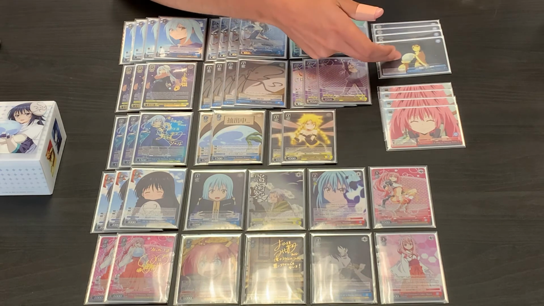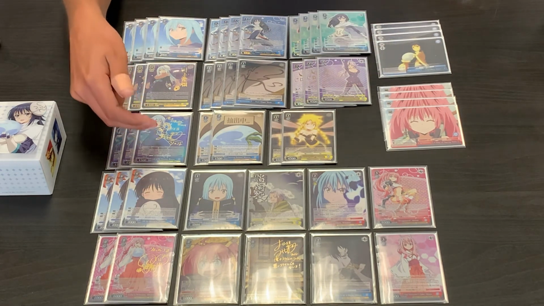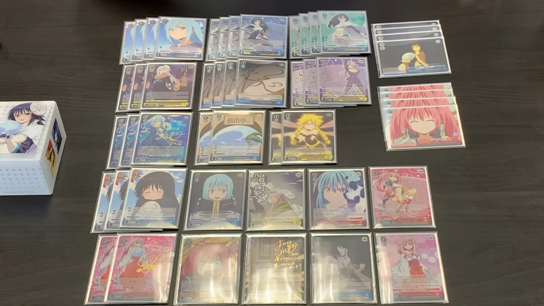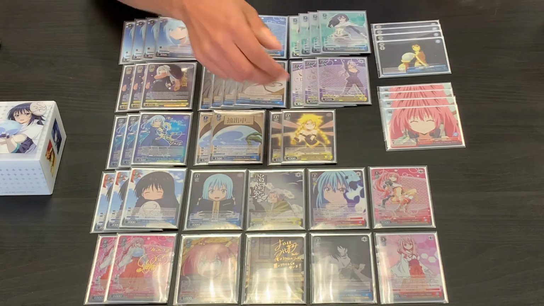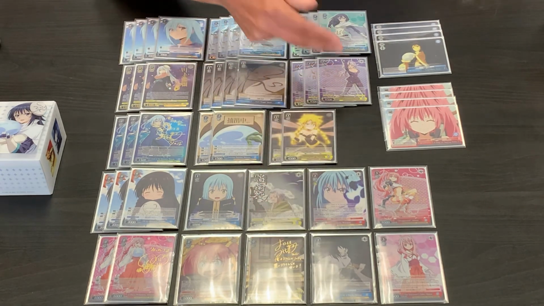When we trigger this, getting back a climax just to discard to this, or getting back the Rimaru to discard the climax to salvage. We can also discard it to draw a card. We can also discard it to heal the stock. So